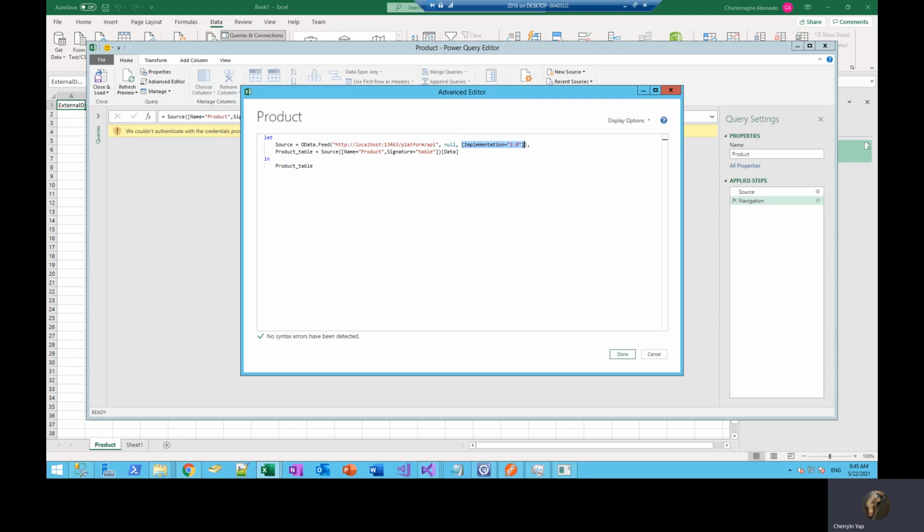We need to do that because now we're consuming the data outside of the portal, so the platform will require some authentication or authorization process or filter to be able to process your data.